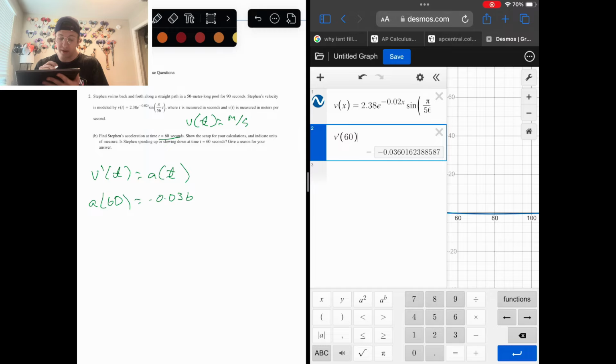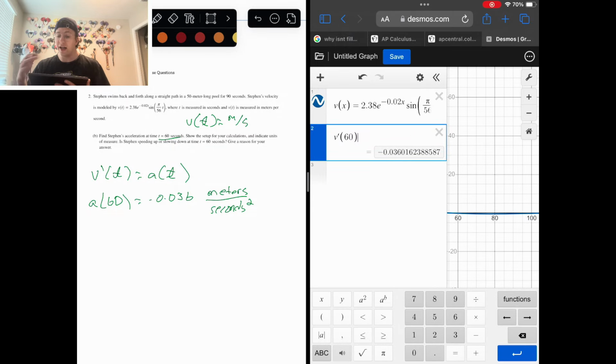So the meters is going to stay the same, and it's going to be over seconds. But in this case, it's going to be seconds squared, because we're adding a rate. We're starting at meters per second, we're adding another rate. All right, and we have to show, is Steven speeding up or slowing down at 60